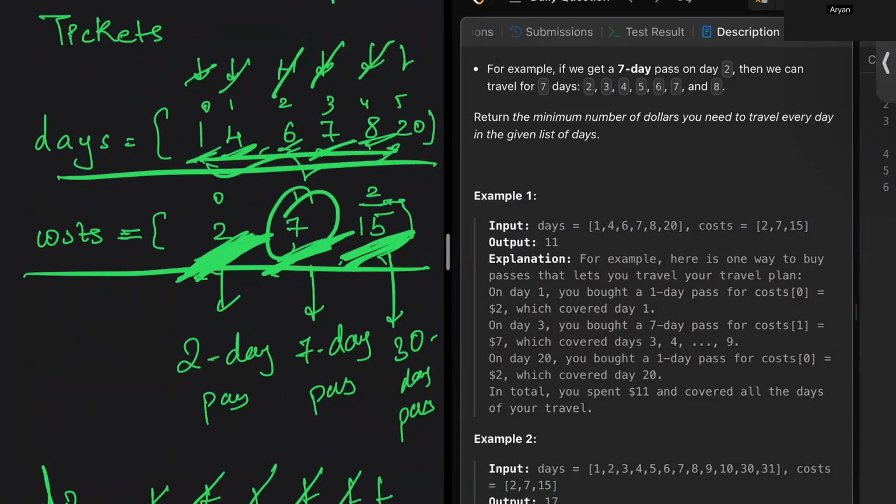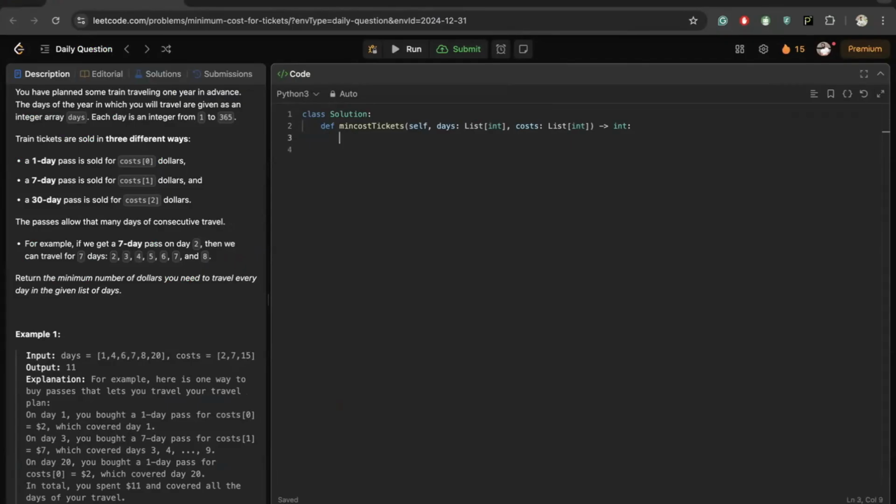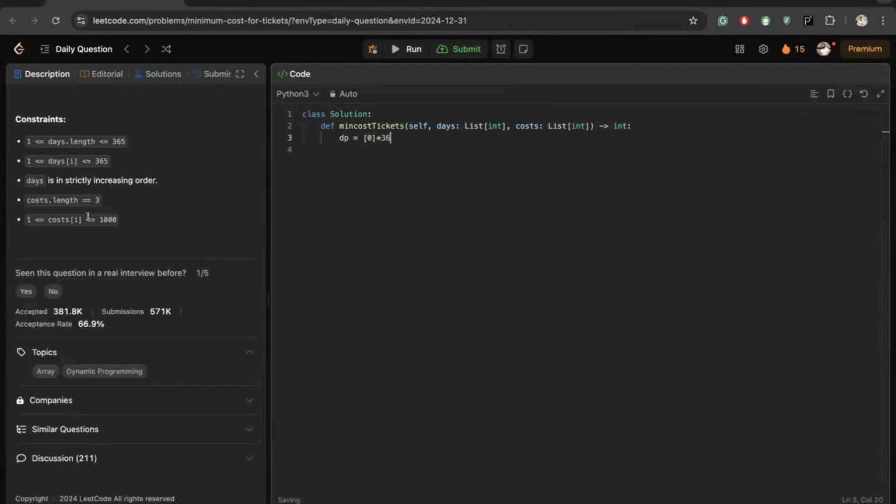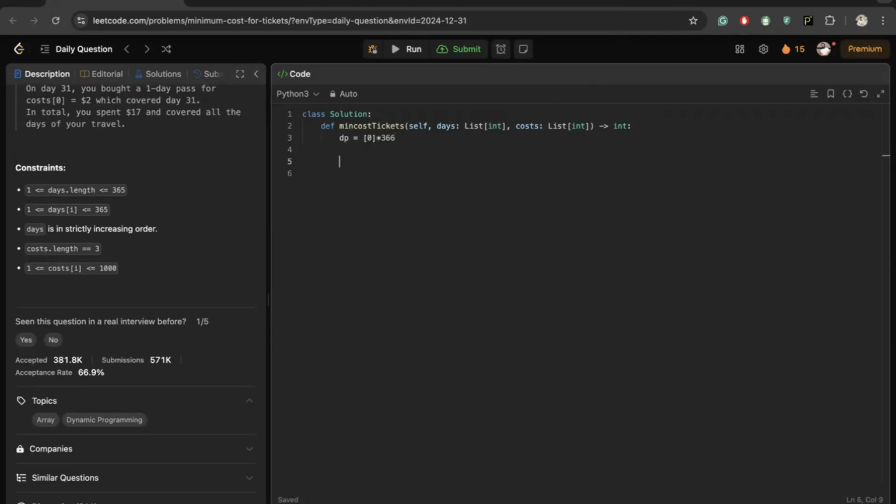Let's get to the coding part in order to understand this better. So first of all, what I'll do is create a DP of 0, initializing it, and of size 366, because the possible days can be 365. Then I'll use a set to store all the days in it, so that I can easily check if the set contains that day or not. So for I in range 1 to 366, because we are going through 365 days,